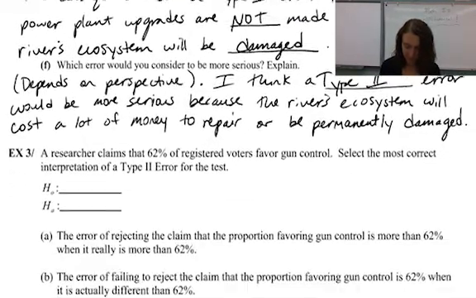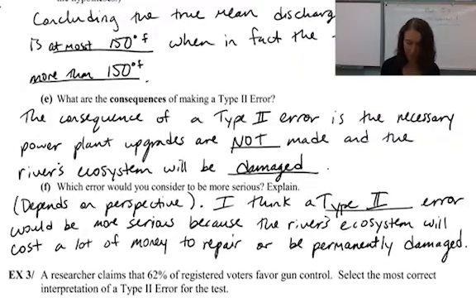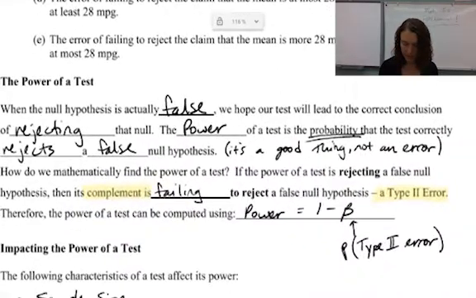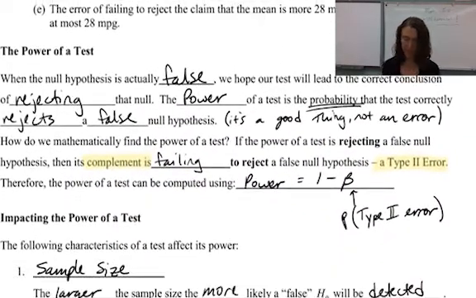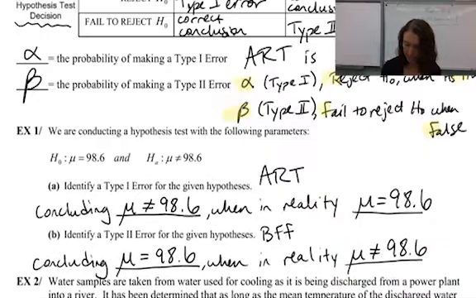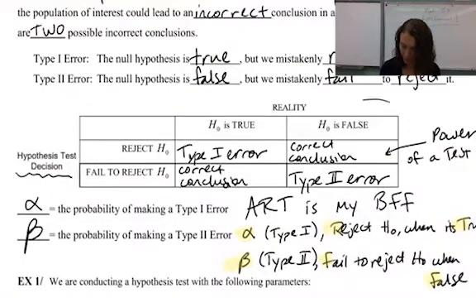All right, now if you're in my class, there's 2 examples coming up next that we're actually going to skip. So go back to the calendar later and copy those in. We're going to go to this page and talk about power of a test. So I mentioned power of a test on page 1 when we did this table. Power of a test